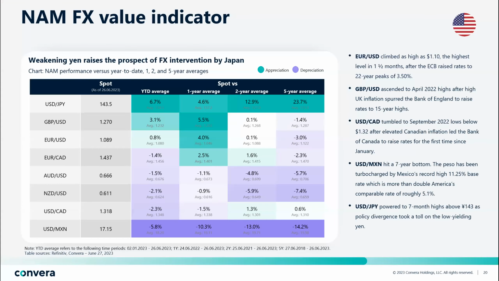And where we are now, we're not far from where we were then in terms of levels that triggered intervention. So 144 to 145 for dollar yen. That's recently served as a line in the sand for how much yen depreciation Tokyo may tolerate. So we're going to be keeping our eyes on that level. If we continue to see dollar strength, if we continue to see yen weakness, that would certainly raise the risk of Japanese authorities stepping back into the market, selling US dollars and buying yen to try and steady their currency,